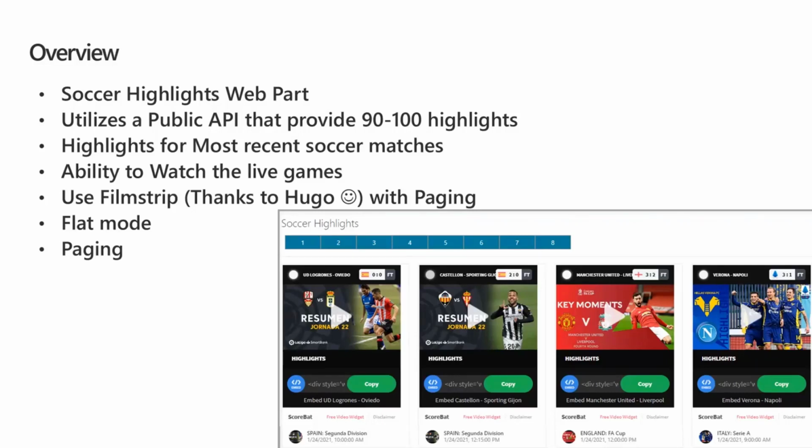But then I realized that the UI was much simpler. There were not many options for me to show, or it would take a lot of effort for me as a starter to build a great UI. That's where I dropped a question on the samples GitHub repo, and thanks to Hugo for replying with something really fantastic. You can see on the screen that I use the film strip control, which allows us to display that information in a much richer fashion without worrying about the complexities behind how you display the information.